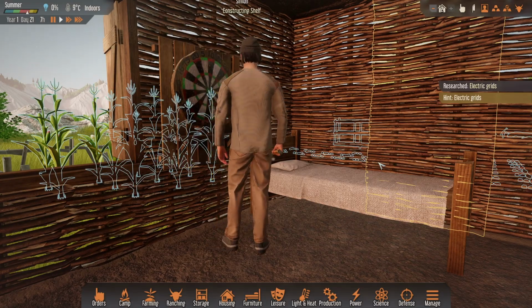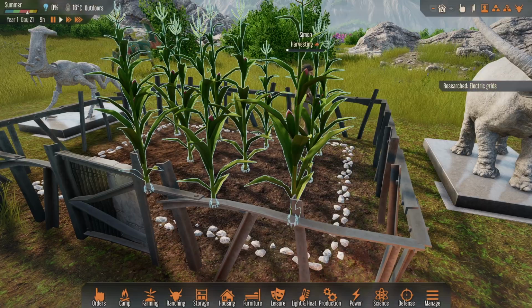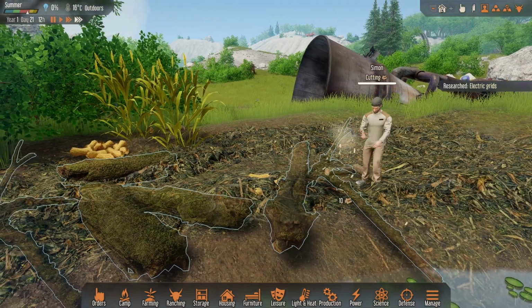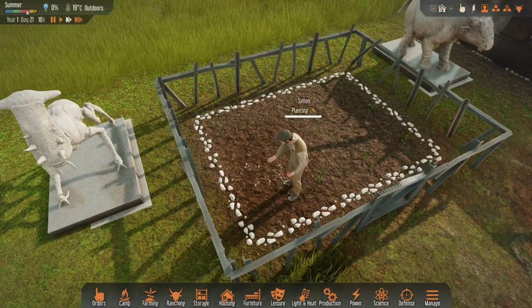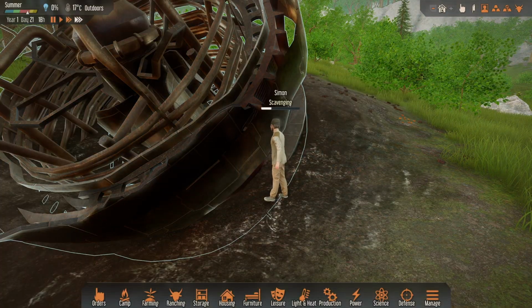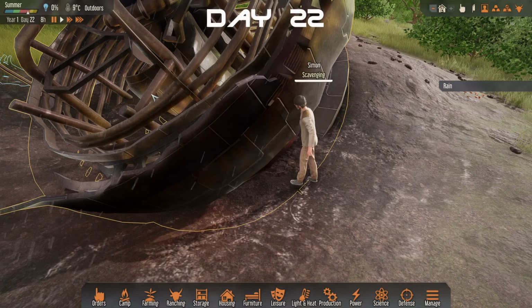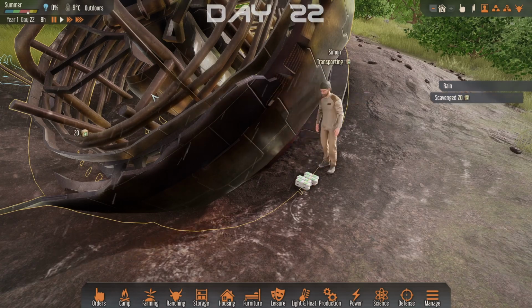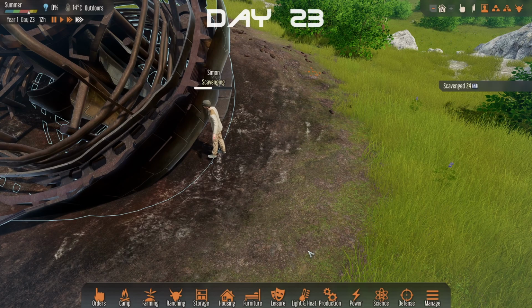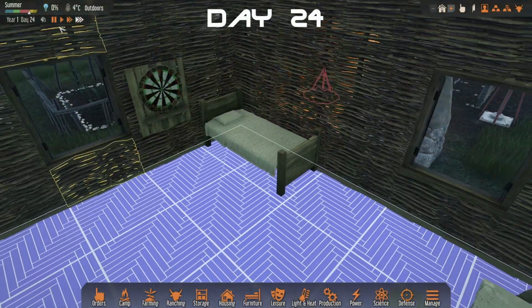After Simon moved his dartboard into the house, he finished up the storage in the shed and harvested a nice bounty of grain cobs, and of course wood. He finished off the day planting more grain cobs and salvaging for even more materials from a local debris site. He carried on salvaging for all of day 22, and yes, even 23. Simon is a machine, all the way up until day